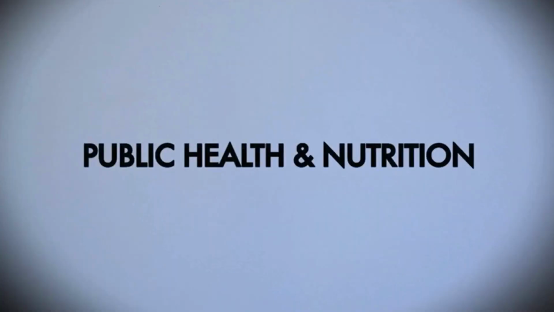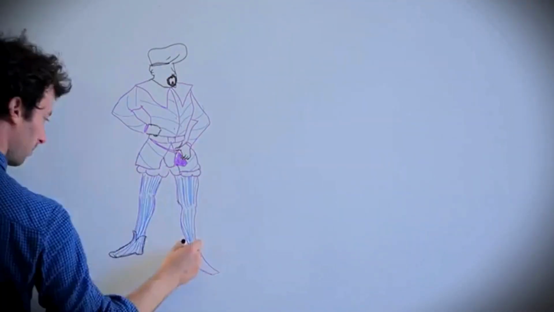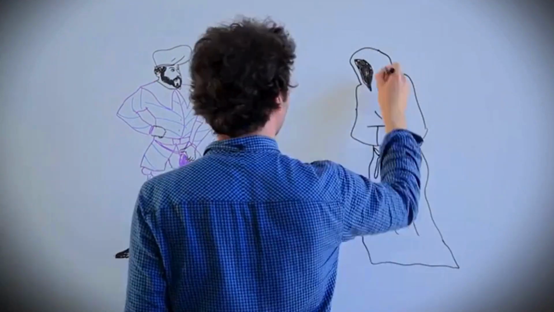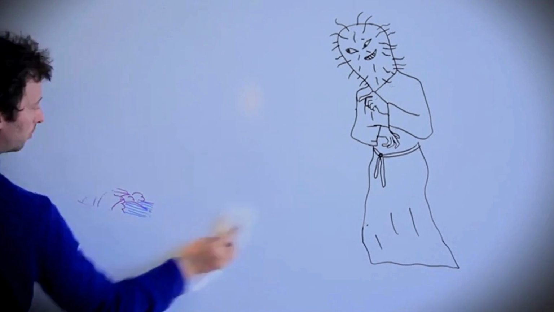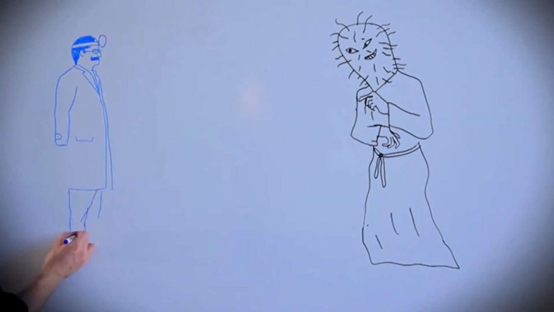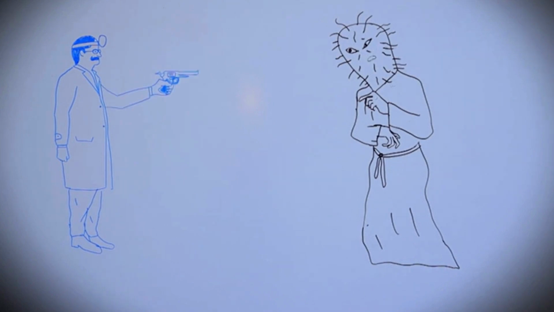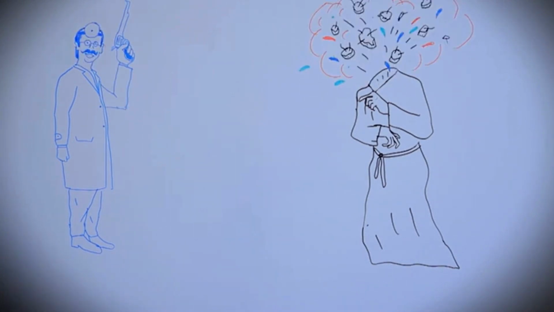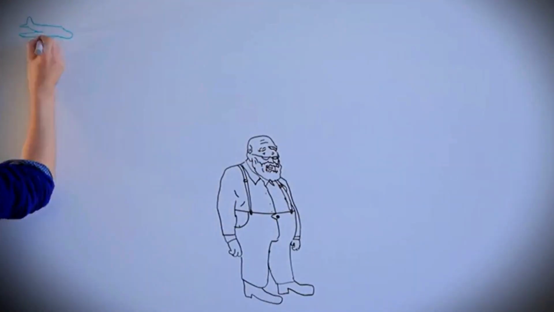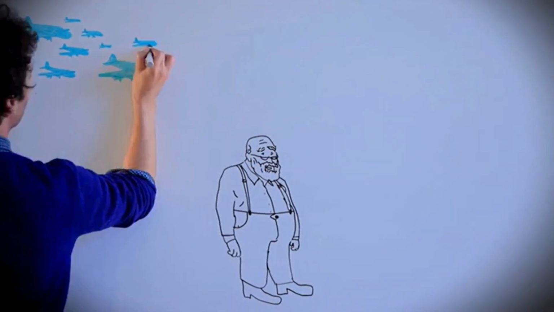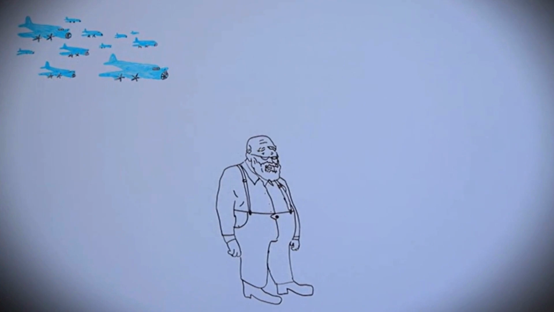Public health and nutrition. Until the middle of the 20th century, the major cause of death was infectious disease. With the progress of medicine, infectious diseases are now almost eradicated in developed countries. Longer lifespans and an aging population have seen the emergence of chronic and degenerative diseases such as